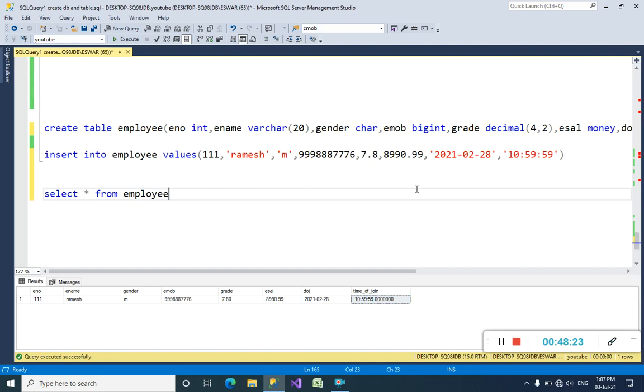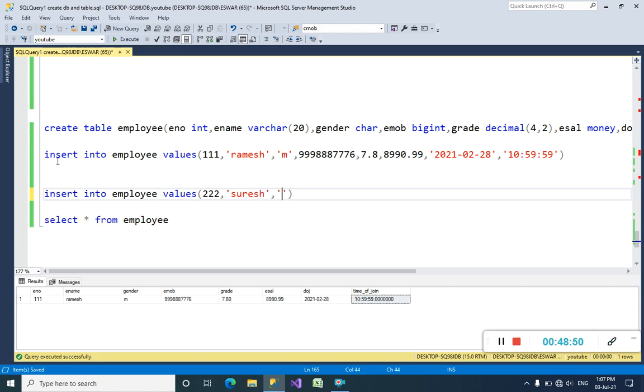Ramesh. Okay, now I want to tell you more. Insert into employee values. I want to insert values into the employee table that I have declared here. So I want to insert 222, and his name is Suresh.